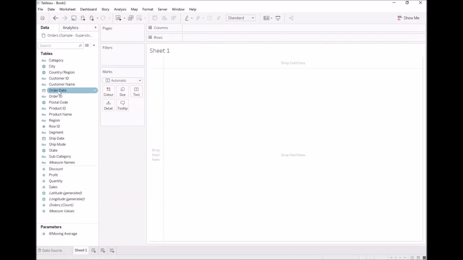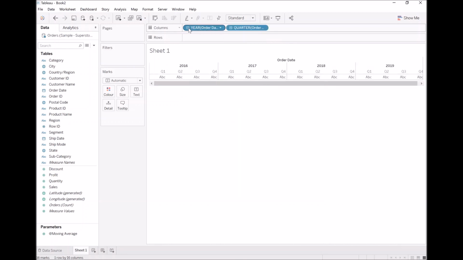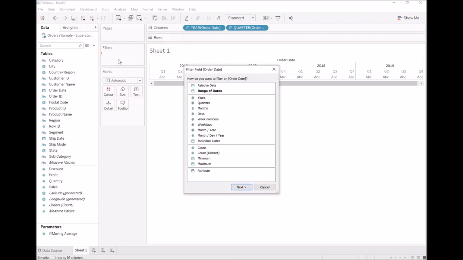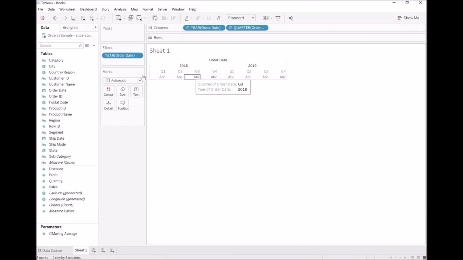Let's take order date. Let's have some fun with this. Let's expand this to quarters. And I want us to take order date, drop it into filter, click on years, and I only want 2 years for now, the two most recent. That looks quite simple. Let's take region and drop it into rows,